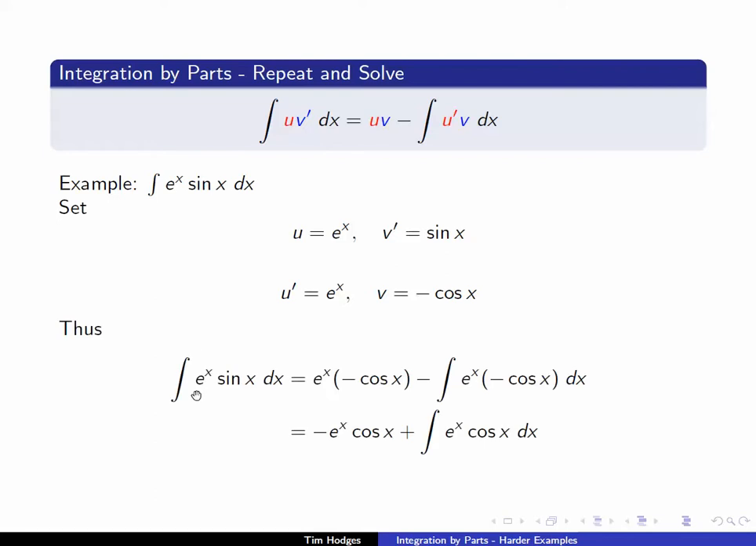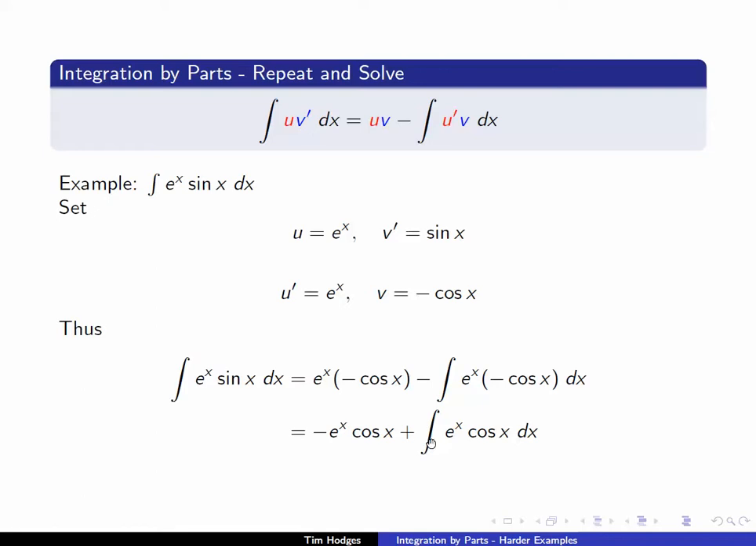So this tells us that the integral of e to the x sine x dx is u times v, e to the x times minus cosine x, minus u prime times v, that's e to the x times minus cosine x dx. So we get minus e to the x cosine x plus the integral of e to the x cosine x dx. So we're back to a very similar kind of integral, and it doesn't look like we're making a whole lot